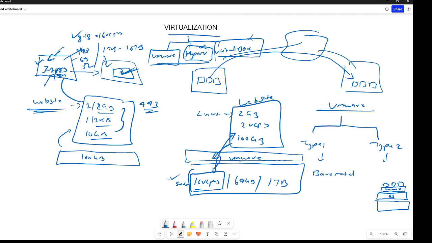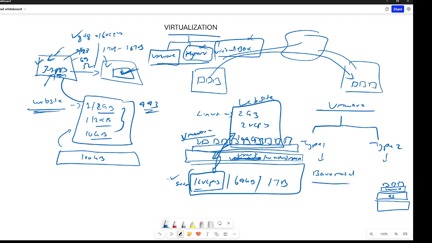Instead of VMware software, you will install your Windows maybe, or Mac OS, or Linux, whatever you prefer. On top of that, you will have one more layer, the VMware software layer. On top of this layer, you install your virtual machines. So there are two types.